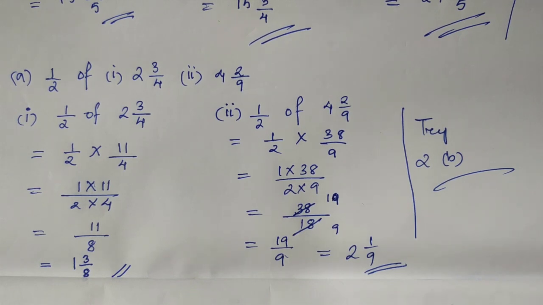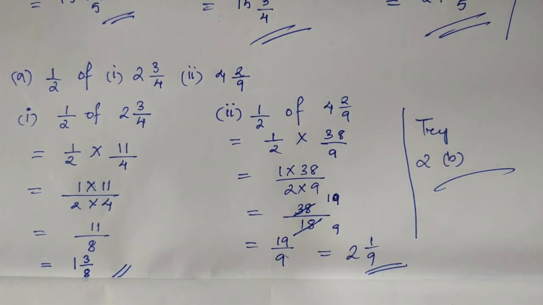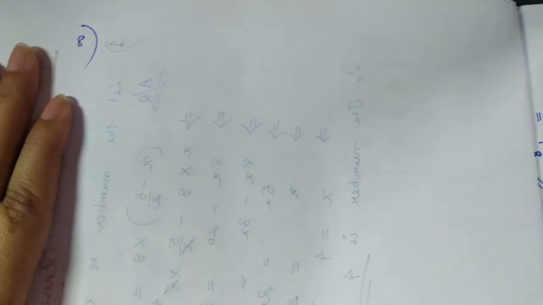Now there are two questions. In number 1 it is given how much water did Vidya consume. Okay, you have to find out in liters the quantity of water that Vidya consumed. And number 2 is given what fraction of the total quantity did Pratap drink. Okay, so let us do how we find out the quantity of liters which was consumed by both Vidya and Pratap. So we will first write down what are the things given in the question. Let us get started with question number 8.